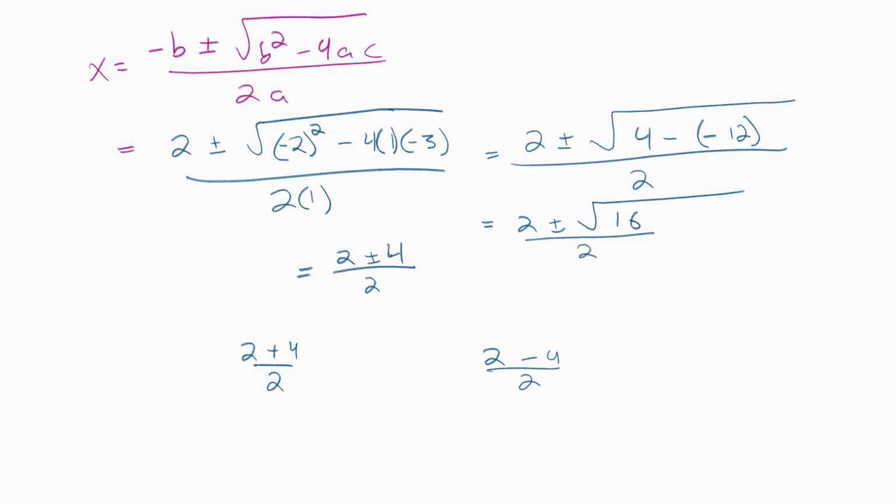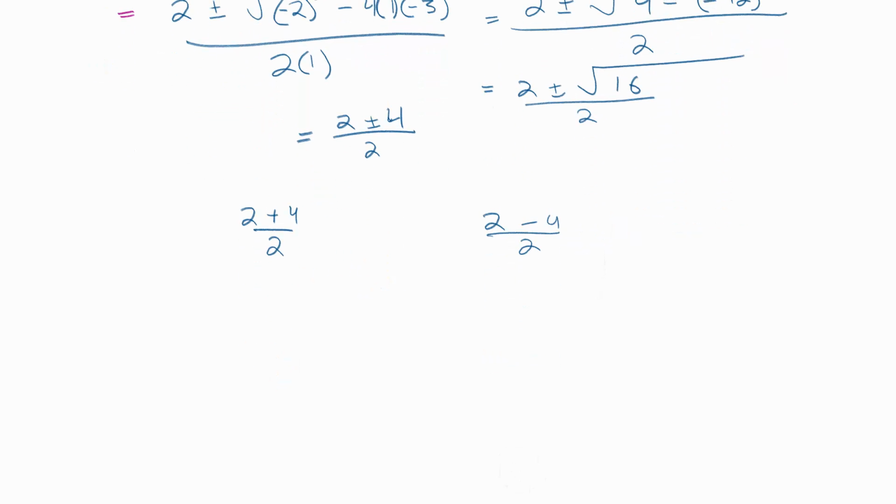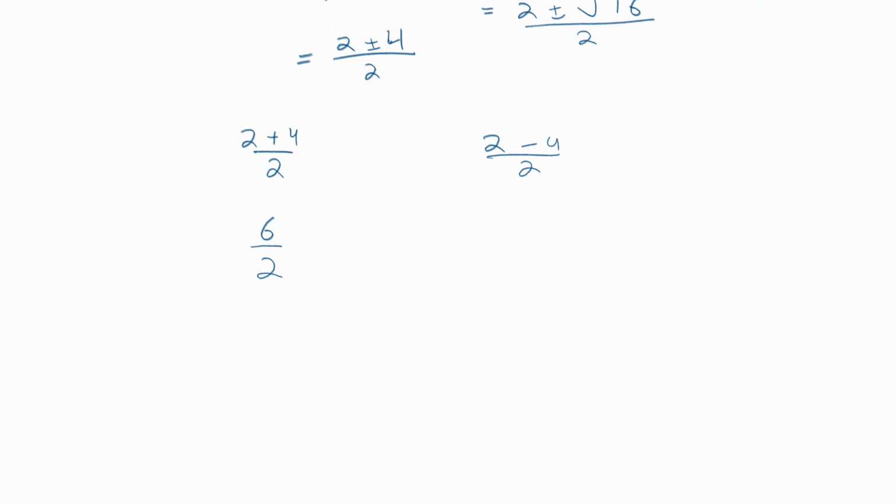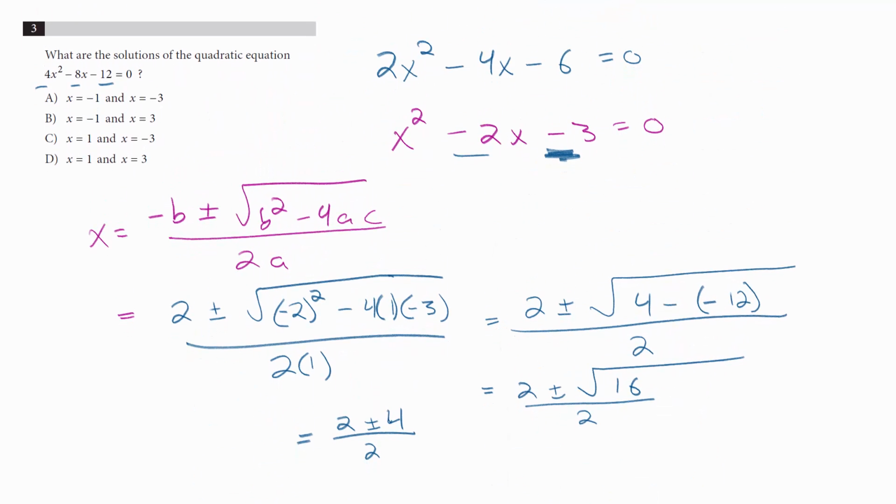4 over 2. 2 plus 4 over 2 is 6 over 2, which is positive 3. 2 minus 4 is negative 2 over 2, which is negative 1. So our solutions are negative 1 and positive 3, which is option